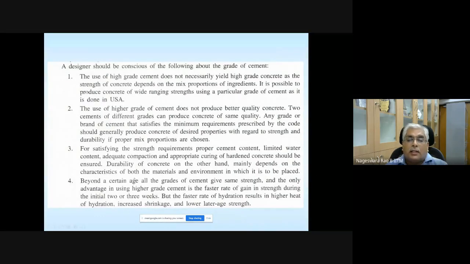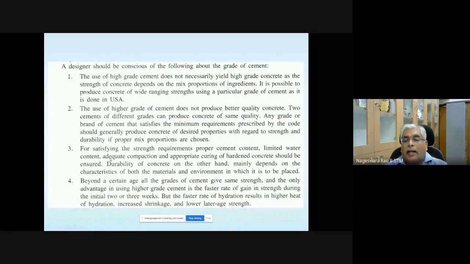For satisfying the strength requirements, if you want some targeted strength, you should satisfy the requirements for proper cement content. That's why table 4, which I showed you just now, is showing minimum cement content and also limited water content, and maximum water cement ratio. Limited water content, adequate compaction, and appropriate curing of hardened concrete should be ensured.